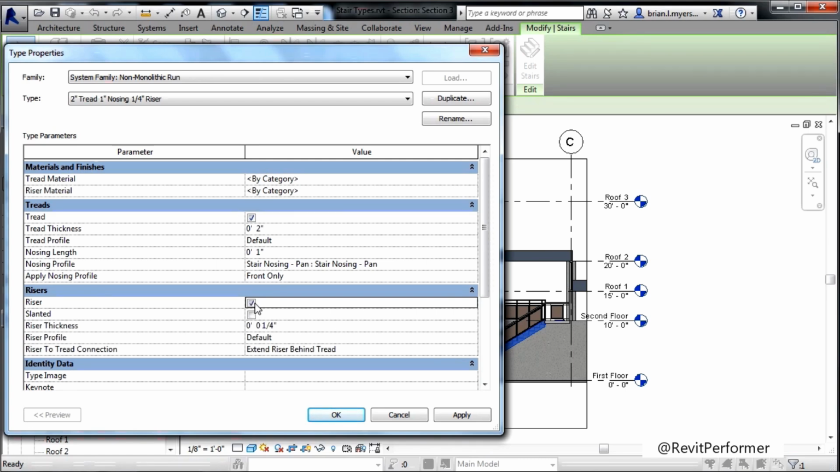For this kind of staircase, though, I do want to have risers in place, so I'll put a check mark there. This is where you can tell it to be slanted. You can also specify what the overall riser thickness needs to be. If there needs to be a riser that's not just your typical rectangular shape, this is where you can change it here. This is where you can specify what the overall tread thickness should be, if the tread should have